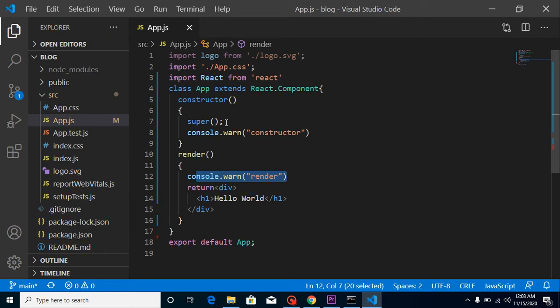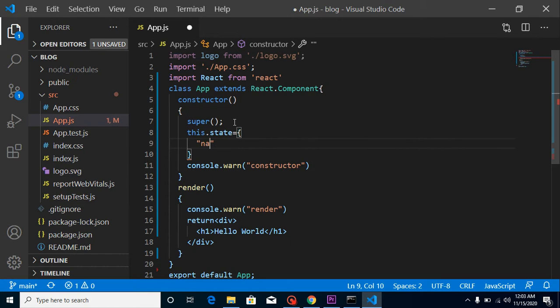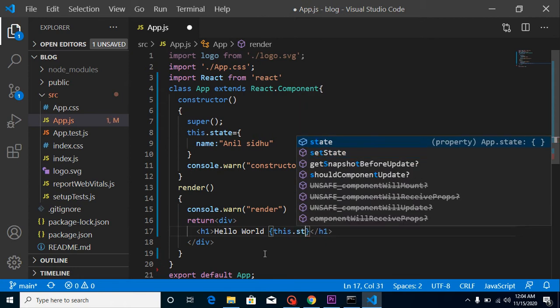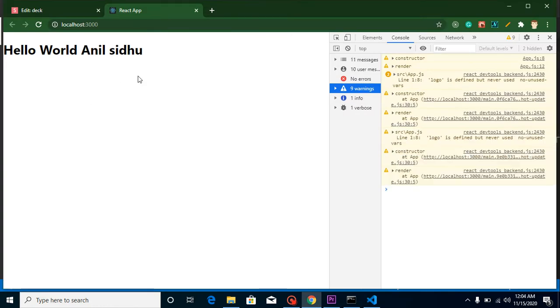So yes, we can define state here also. Like this.state, and we can define name as Anil Sidhu, right? And we can print it simply like this.state.name, and everything is working fine.